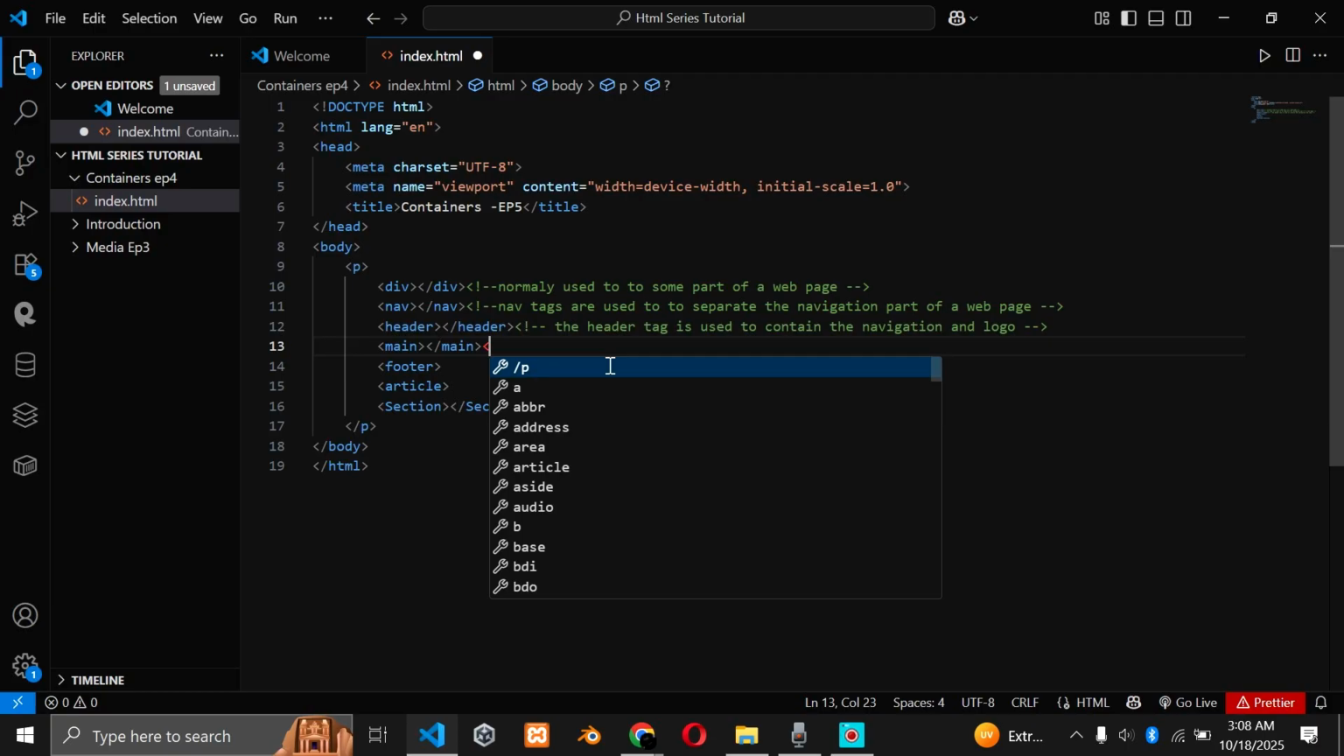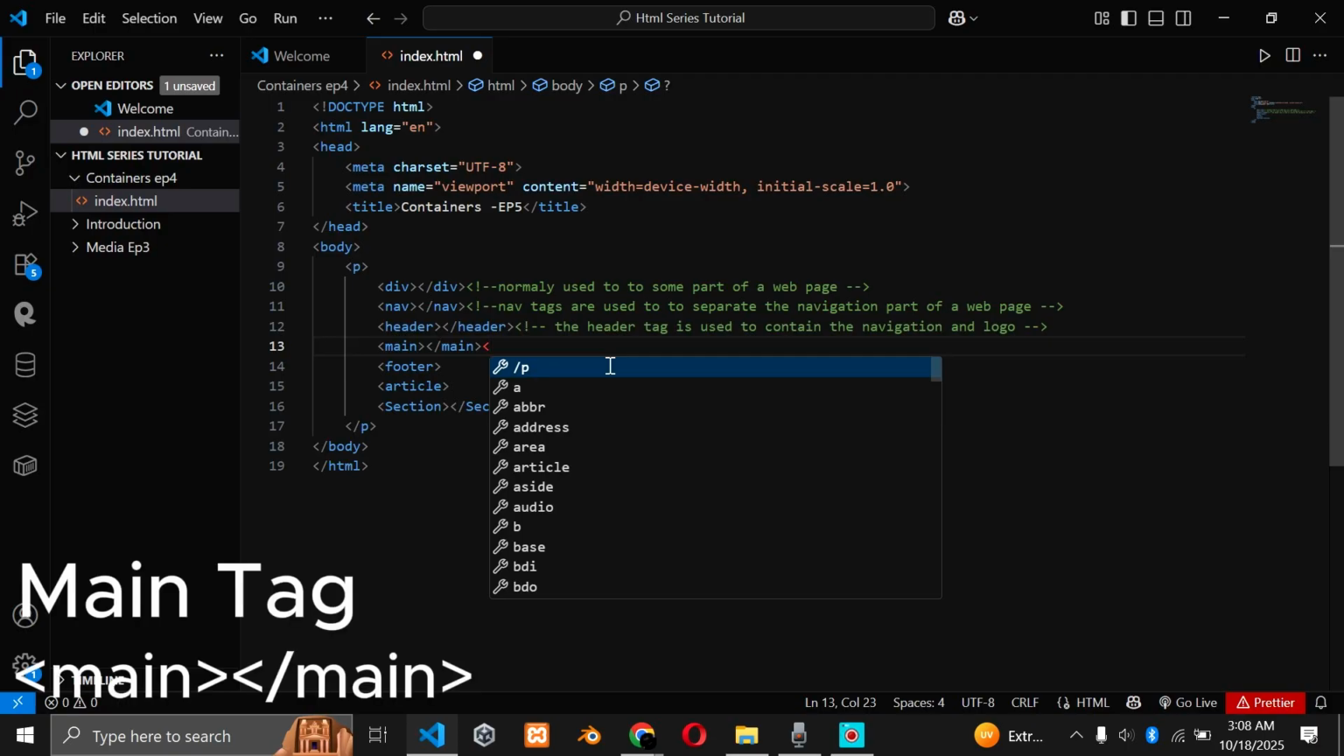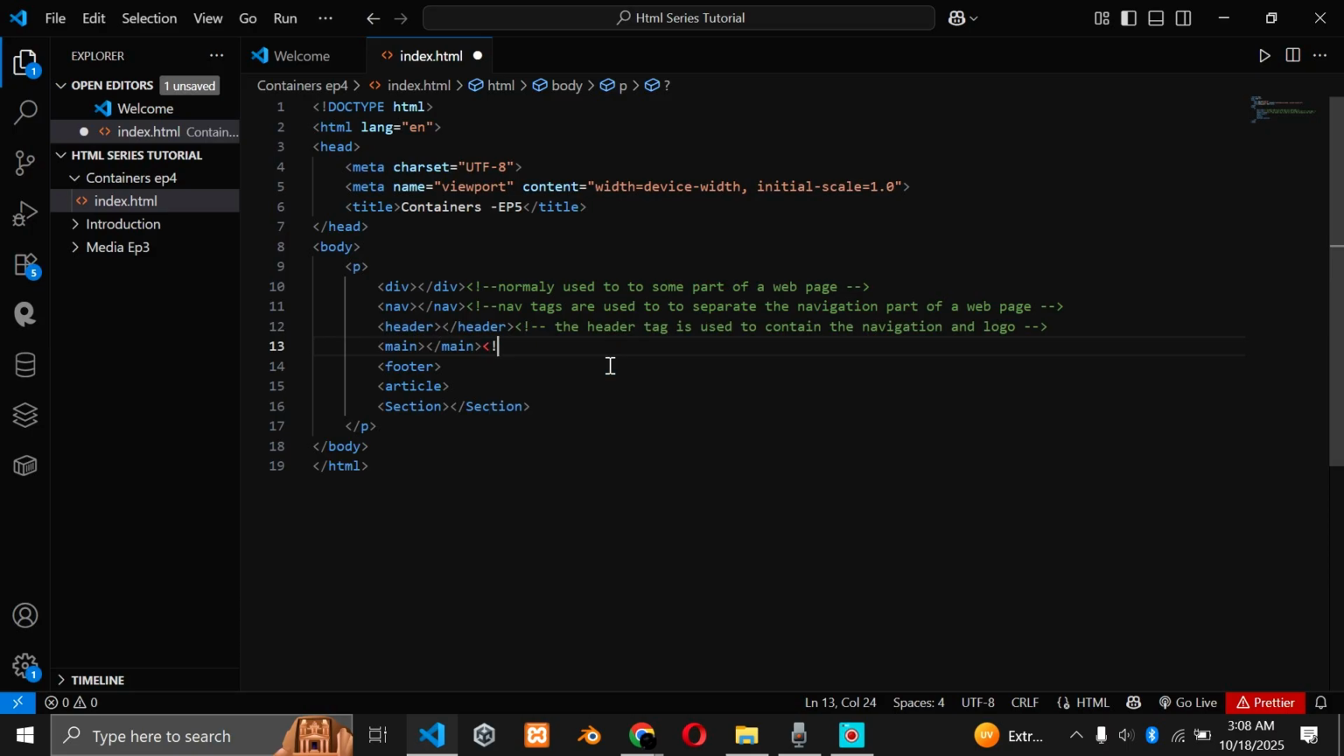Then there is a main tag, the part of the website that contains the main content. So okay, let's do this. Inside it, the main tag is used